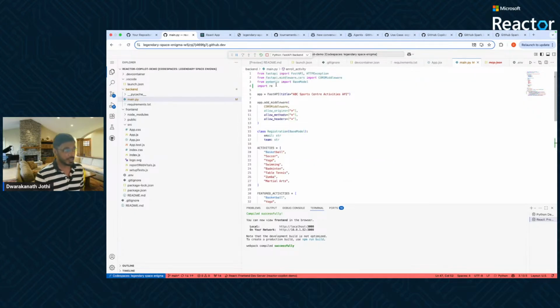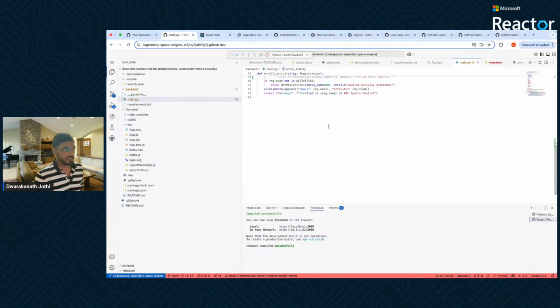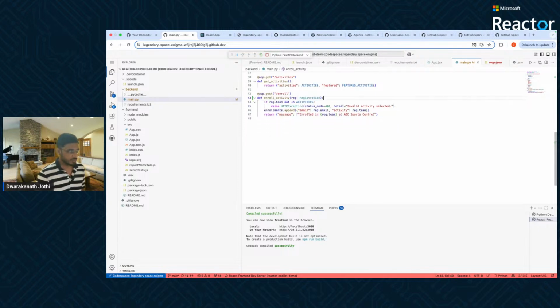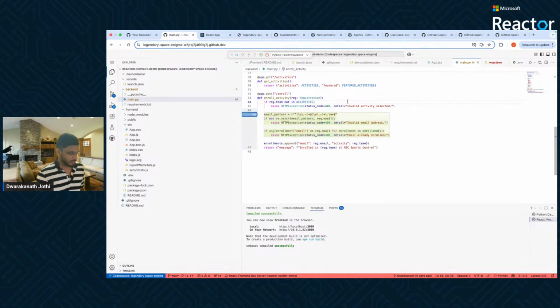Yeah, it did add one of the packages, the regex, and it also suggested how to verify the email address. So this is exactly what the inline chat is about, and the code completions that we saw. So I'm just removing it for now so that we can use the same for the other editor modes. Okay, all right. So now let's open